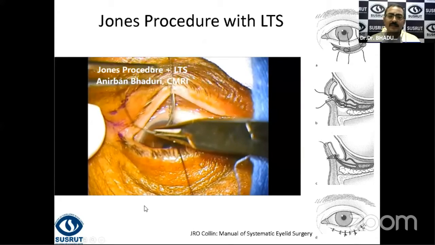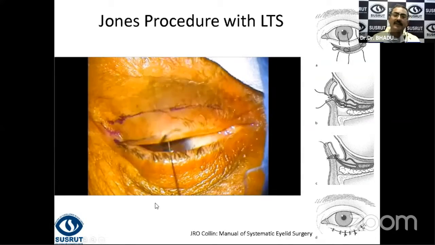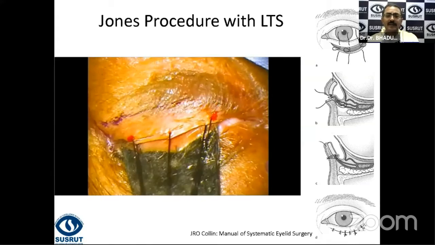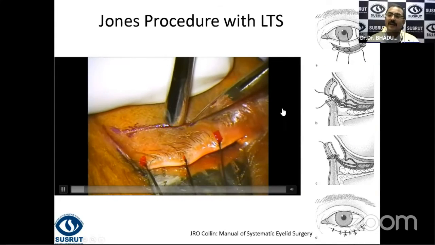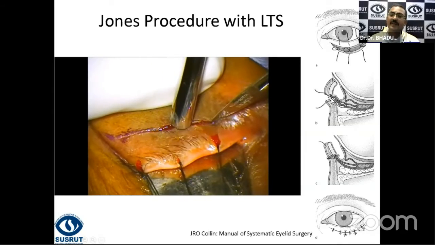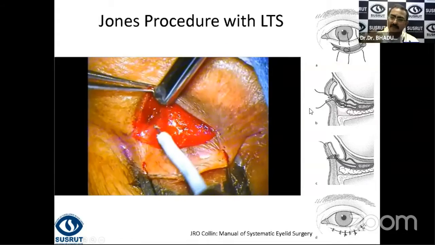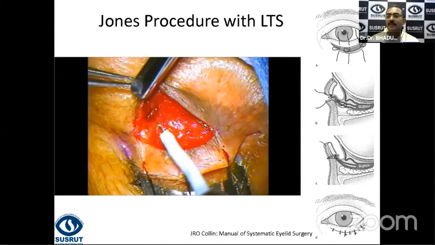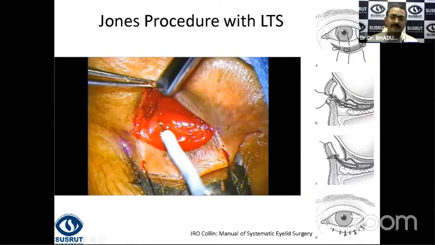This is a surgery that most of us practice, and we would encourage more of our colleagues to take up this. It's a fairly simple surgery if you understand the anatomy. So we've given lid traction sutures, and this incision is at the lower border of the tarsus here, about 4 millimeters from the lid margin. The idea is that we cut through the orbicularis between the preseptal and the pretarsal orbicularis, and then do a dissection in the suborbicularis plane to expose the orbital septum here.